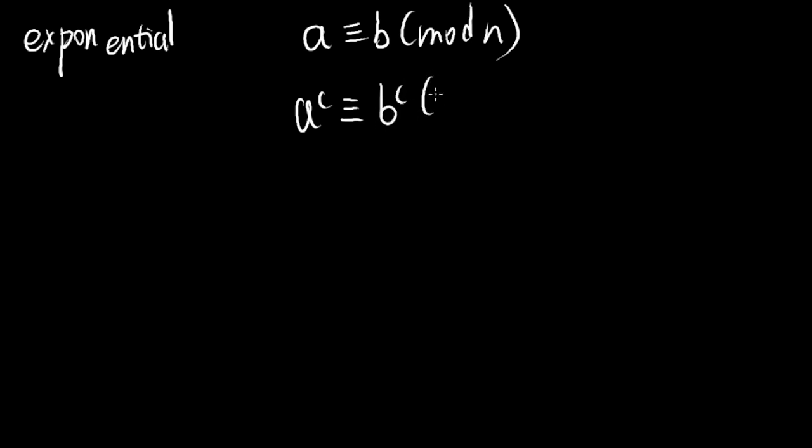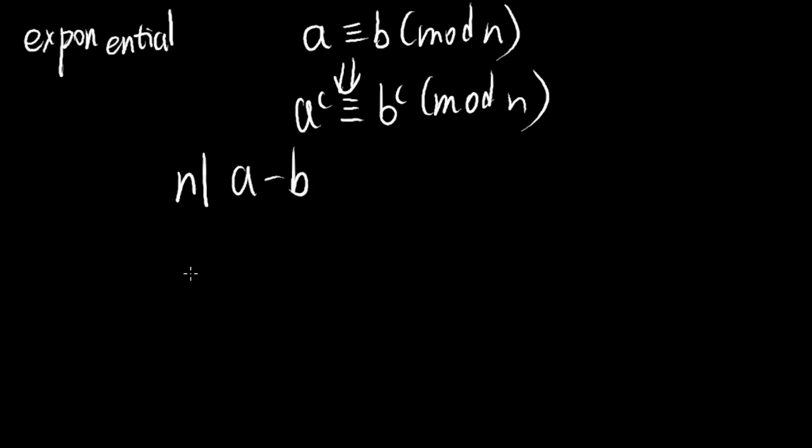We can see whether modular arithmetic also follows the exponential rule, as we've seen in equality. And it turns out that indeed the exponential rule is true for modular arithmetic, because